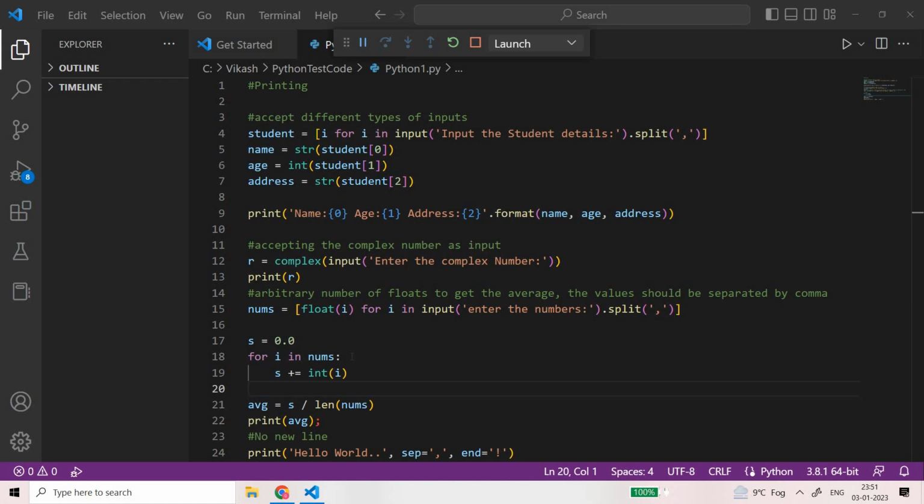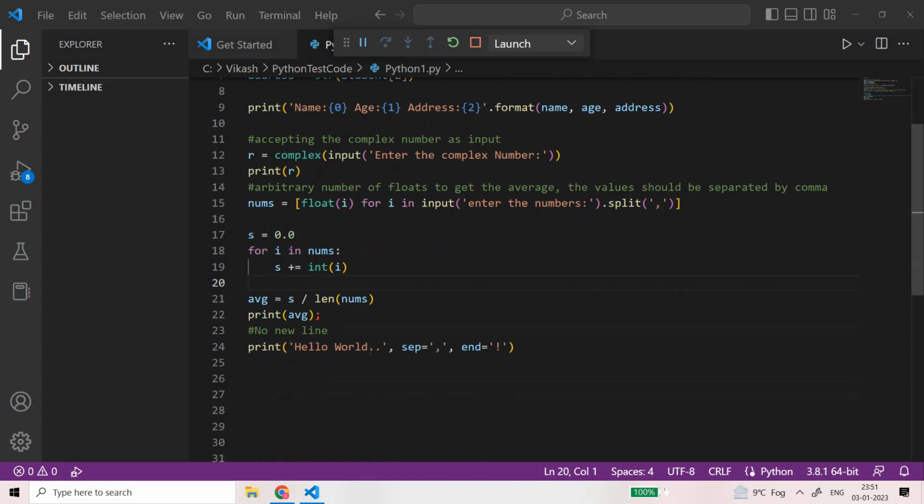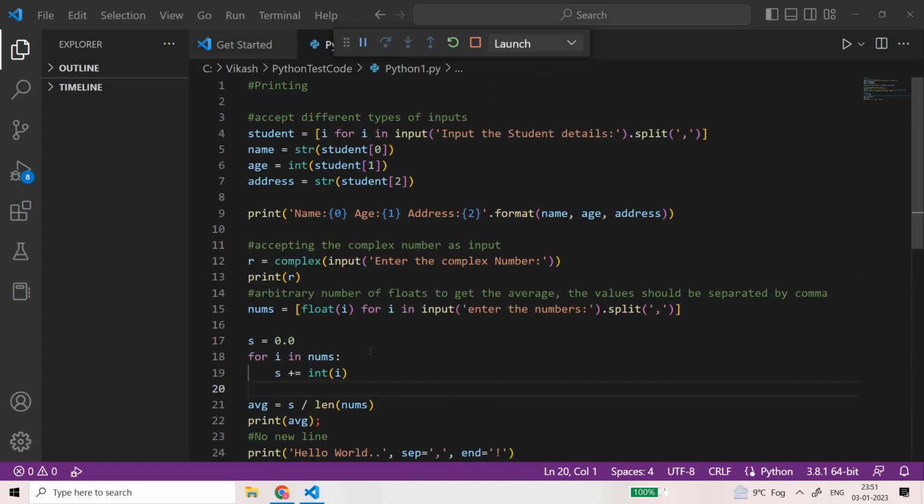Hello and welcome back. Before I conclude this section on input and output, I just wanted to have some exercises for you, some more examples, so that we can complete it in totality. So here, the first thing I have shown you is how to accept different types of inputs in